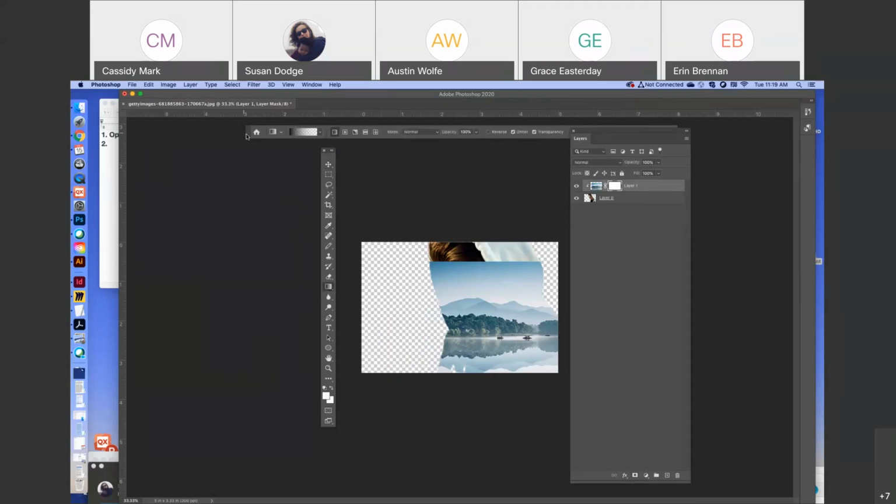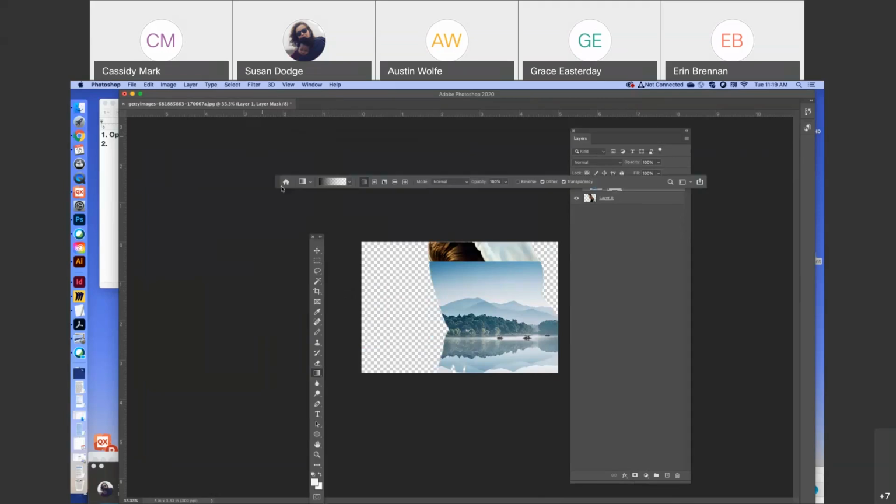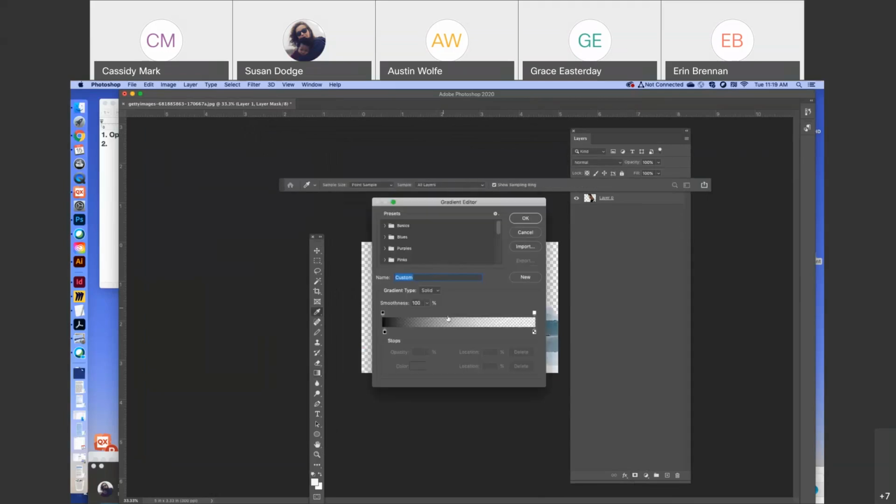And then up here is the spot where you go to for the gradation tool specs. You click on it, and this is what we need. This look, which is